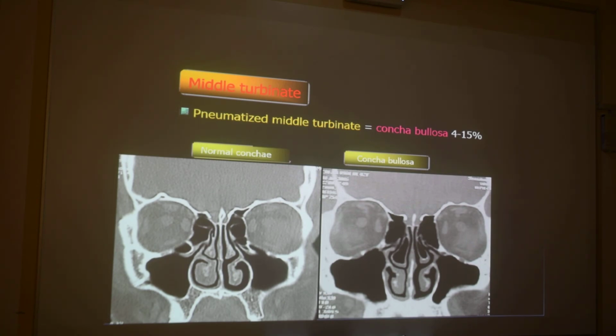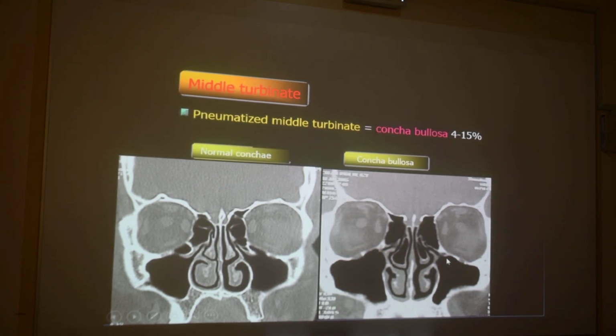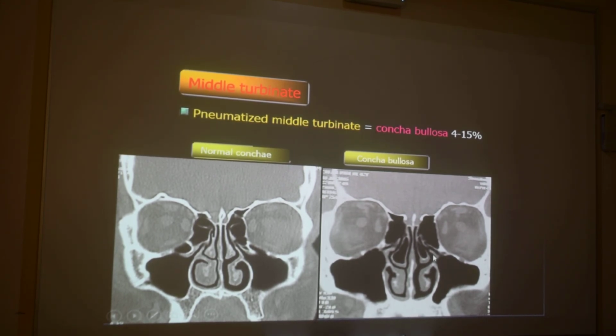The problem with concha bullosa is there are two things that you should remember. Remember the ostium that I told you, the osteomeatal complex, the drainage pathway of the maxillary sinus. If you have a large concha bullosa, it can at times obstruct this ostium or the opening. So the ENT surgeon wants to